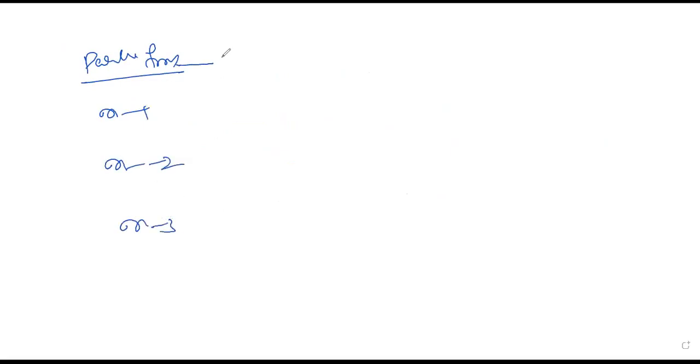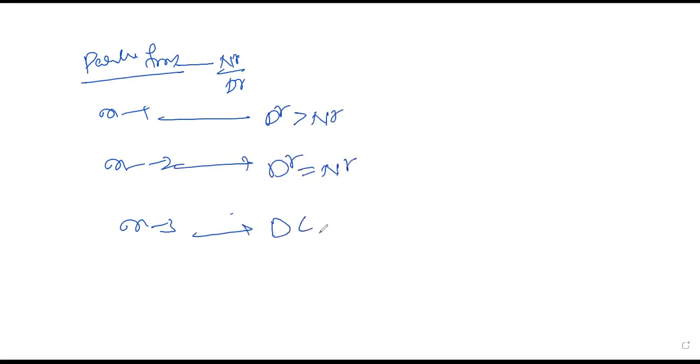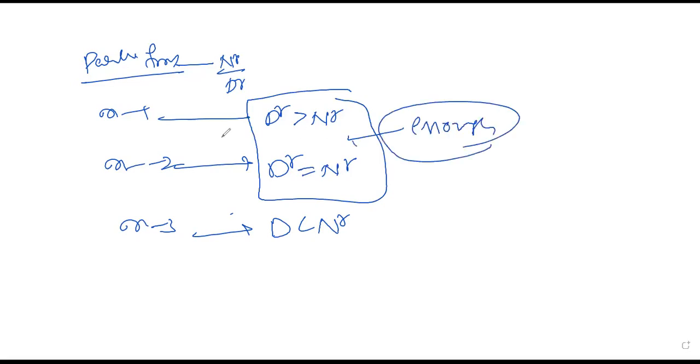If it is a fraction, it looks like numerator by denominator. Method 1 is when the denominator degree is more than the numerator. Method 2 is when the denominator is equal to the numerator. Method 3 is when the denominator is less than the numerator. So method 1 and method 2 are enough for all the problems in 6E. There is only a slight difference between method 1 and method 2.